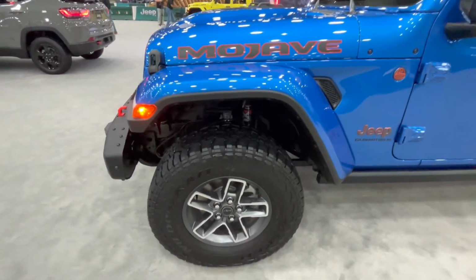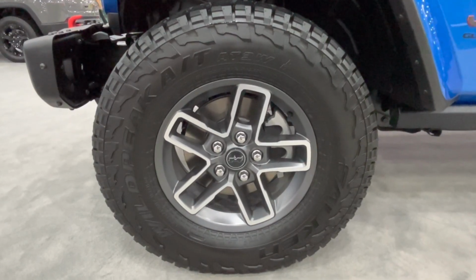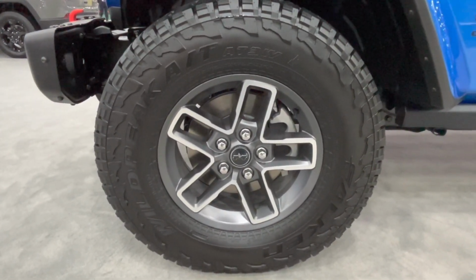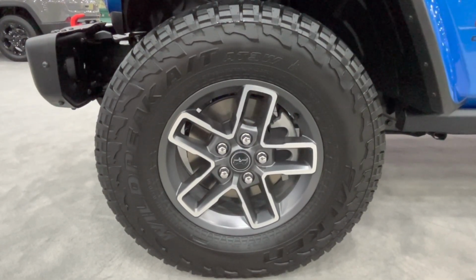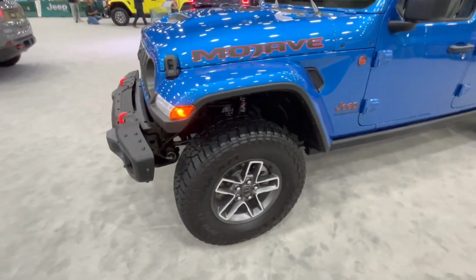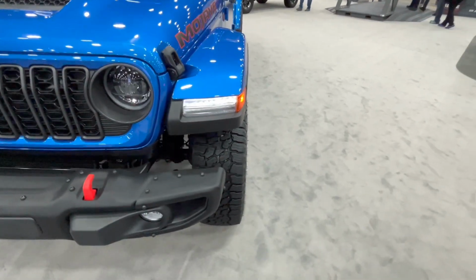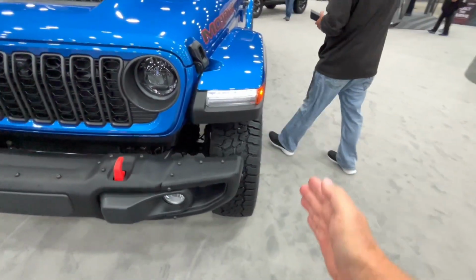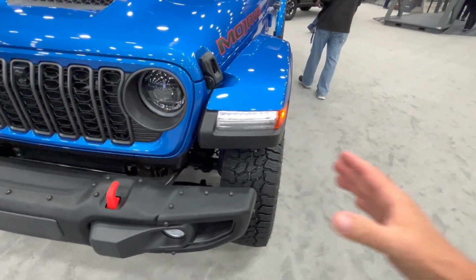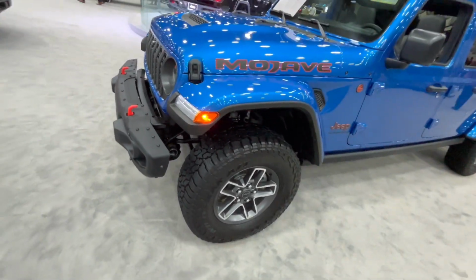So the first thing that's just really striking are these rims. I really like that wagon wheel, that spoke look. I think that looks terrific on this Mojave. So those are 285/70R17 tires with a 17-inch rim. The Mojaves typically come with a rim that sticks out about a quarter inch further than your Gladiator Rubicon, and what that's trying to do is just give you a wider footprint. Say for example, if you're running through sand,